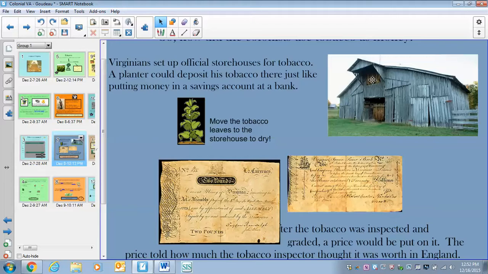So I'm going to have you make a foldable on basically the economic terms that we had put in our notebooks at one time, as well as some colonial facts. Now, you don't really have to do a whole lot in terms of coloring, and you don't actually have to write anything either. It takes a little bit to put together, though. We put one like this together a while back when we were looking at the Native American tribes, and we made a little booklet with a pouch in it, and there were two parts to the pouch. There were the Tidewater plain Native Americans, and then there were the others. It's going to be the same thing. So you're making the same type of booklet.